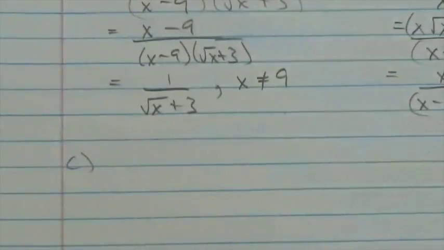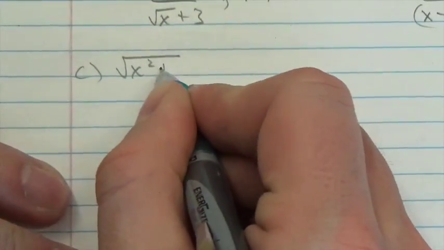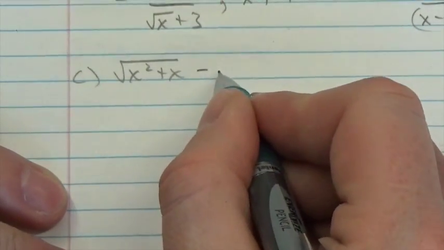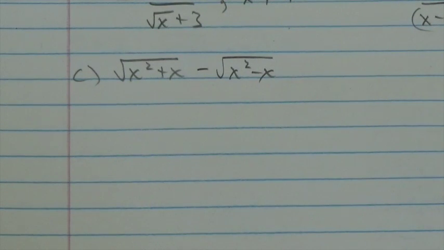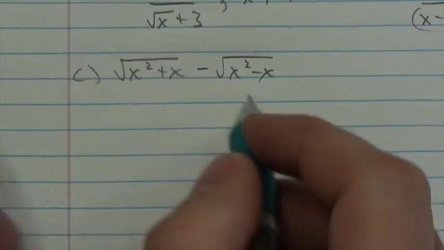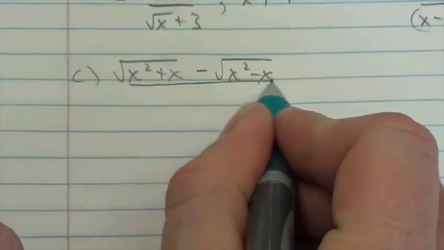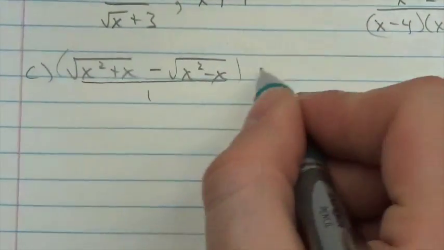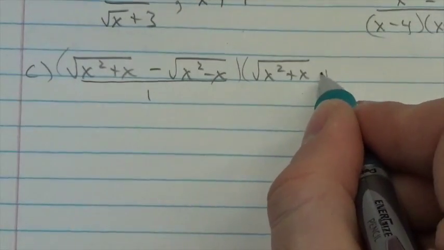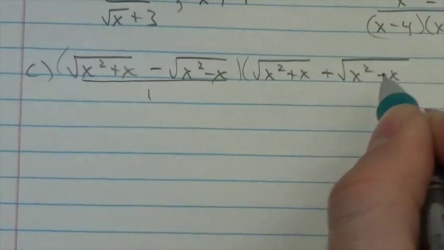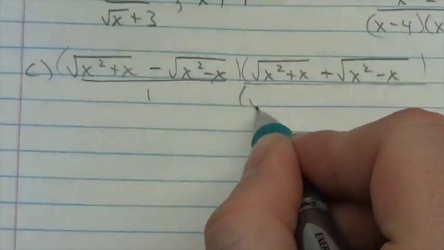We'll do one more. Just so that you've seen a question that looks like this, what if I asked you to rationalize the numerator? And what I wrote was that. A lot of times people will look at this and say, what? But remember that any expression like this can be written as a rational by simply putting it over 1. And then I'll multiply by the binomial conjugate, so the square root of x squared plus x plus the square root of x squared minus x. And we do that to the numerator